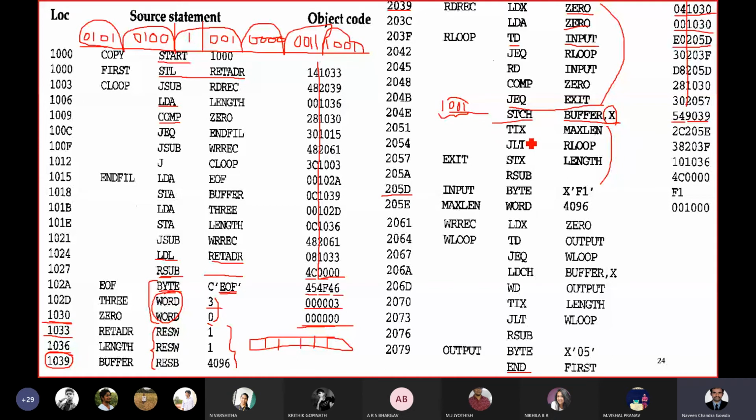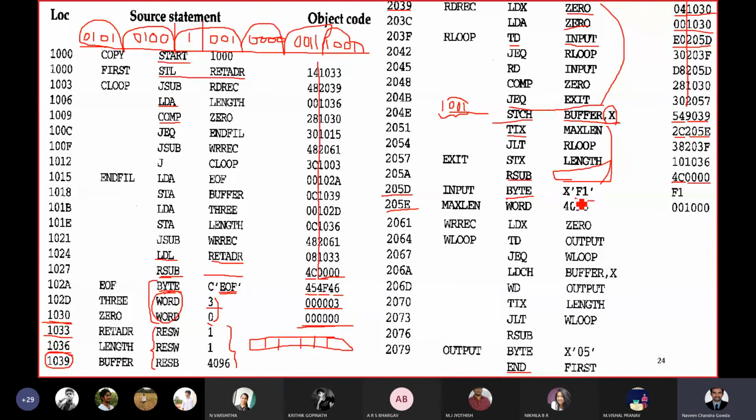Again, as I said, for the RSUB, the opcode of RSUB is 4C, whereas there is no operand. As there is no operand, the address is zeros. Again, the BYTE instruction. What is the object code for the BYTE instruction? It is the operand itself. What is the operand here? It is F1. My dear students, if you think practically, this F1 is already in hexadecimal. When it is already in hexadecimal, you don't have to find the ASCII values, because at this point of time, EOF, all those are characters.